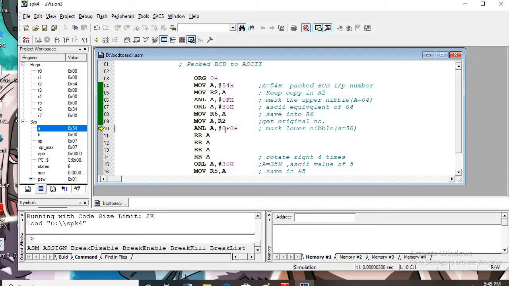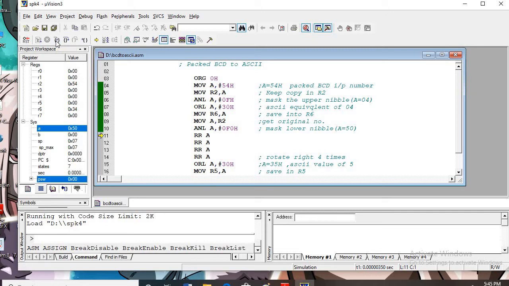0 from A onwards; for 0 to 9, fine, no need. But if it is A, B, C, D, E, F, you have to attach this 0 to indicate that it is a number, an immediate number. Now ANDed with 0F0, that is actually F0. Because of that, the upper nibble 5 will get separated out.